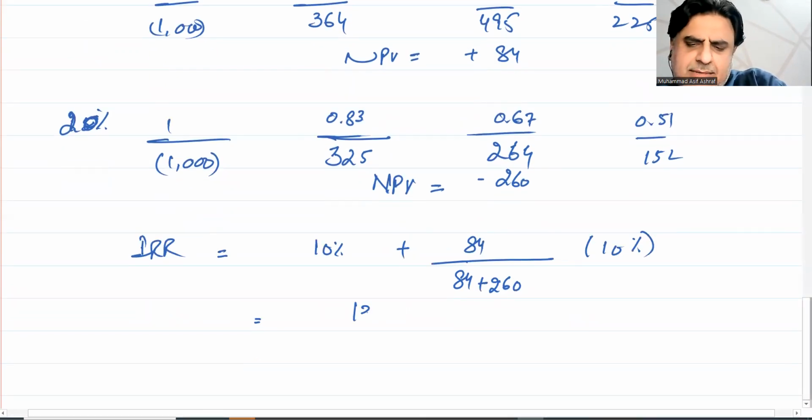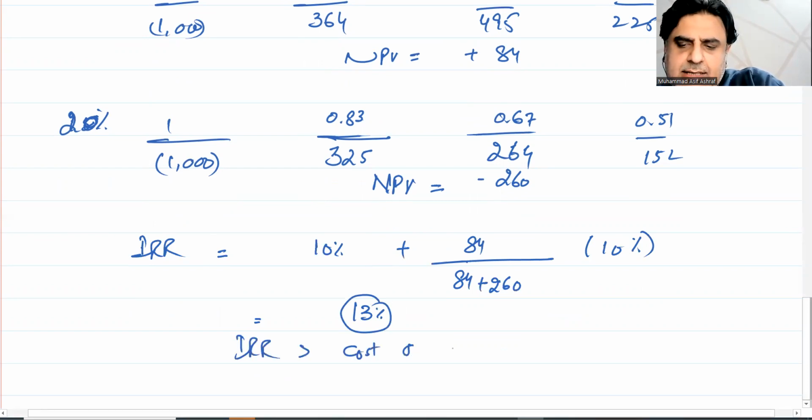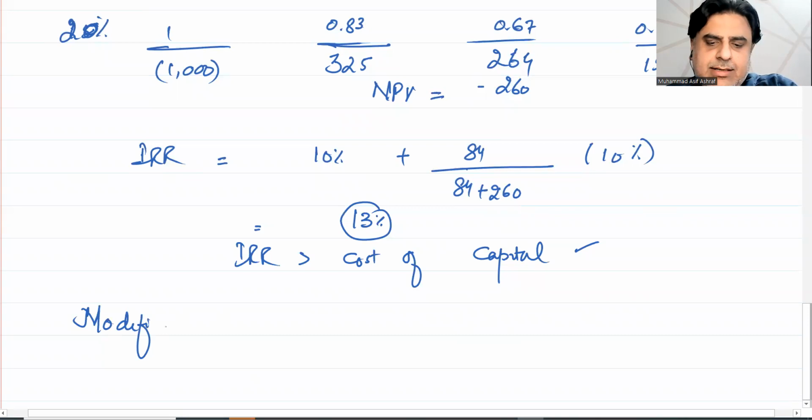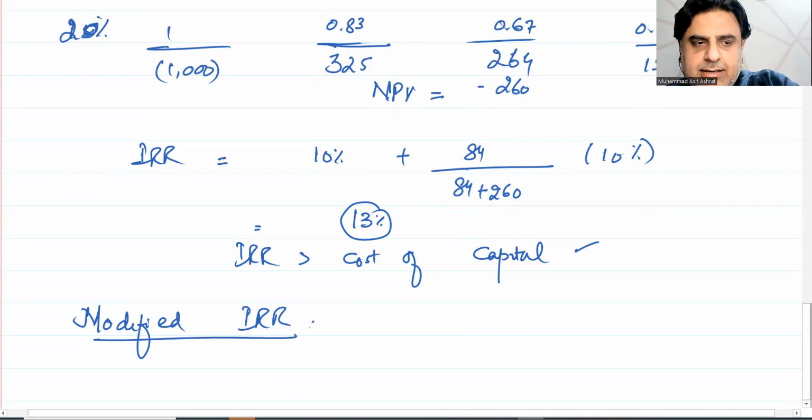Let's assume 13%. So IRR is greater than cost of capital. So on the basis of this, we will take this project. But there are certain difficulties and problems with IRR. To overcome those problems, we have to calculate modified IRR, for which the formula will be given to you